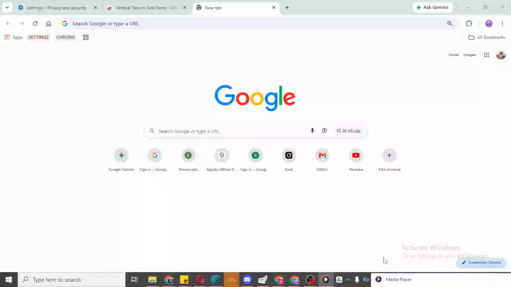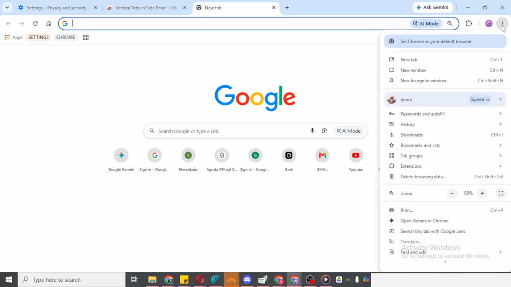In today's video, I'm going to teach you how to disable CAPTCHA verification in Google Chrome. To get started, open Google Chrome on your computer. Once Chrome is open, look to the top right corner of the browser window and click the three-dot menu. This is where you'll find most of Chrome's settings and management options. From that menu, click Settings.